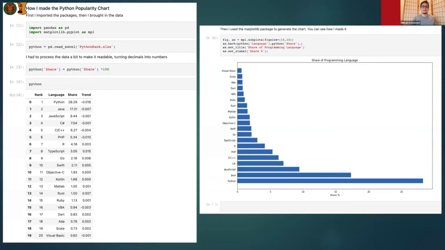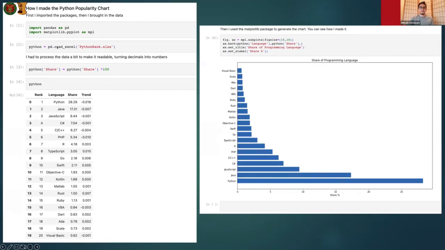So here's an example of a Jupyter notebook. This is the notebook I used to produce that Python popularity chart. So you can see here, I just talk very quickly about how I'm doing this. I'm importing these packages, pandas and matplotlib, the ones I talked about, to manipulate the data and then produce a chart.